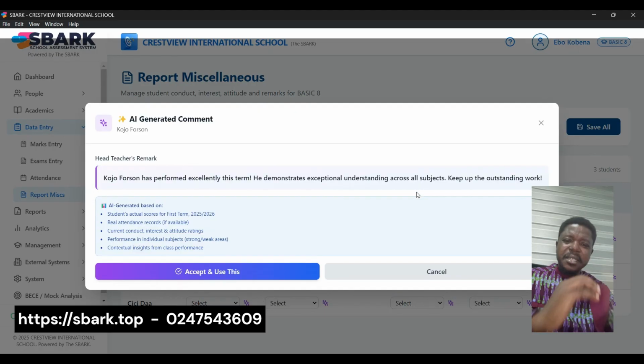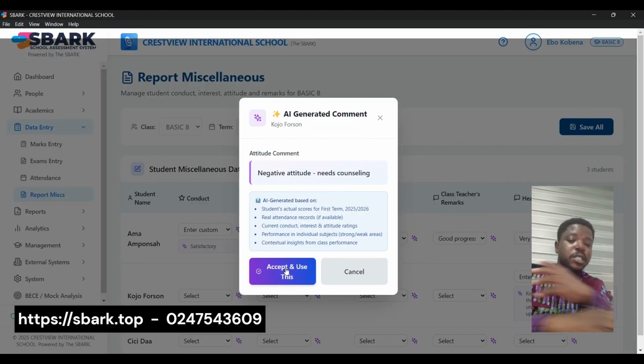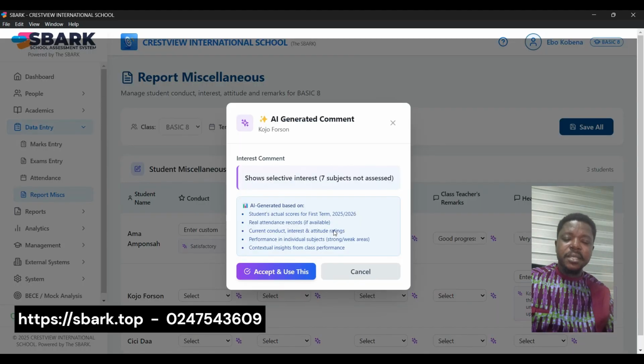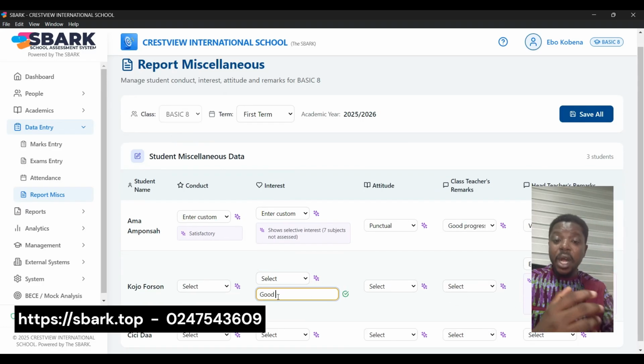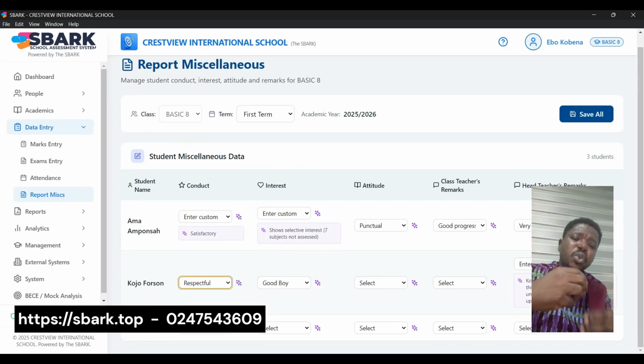It analyzes, gives you feedback, and the feedbacks are top-notch. It gives you feedback as to what to do to help the student. Now, it also gives you